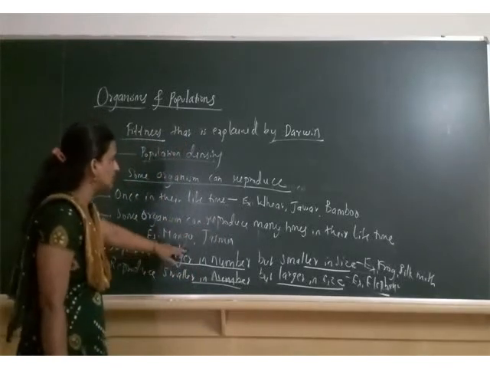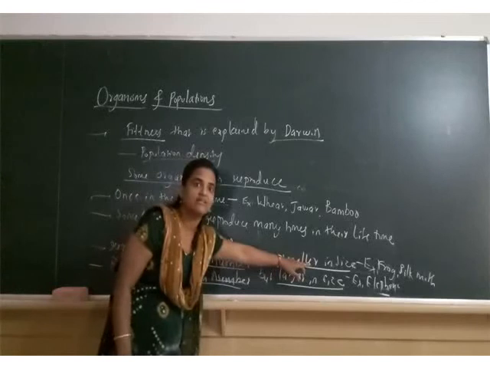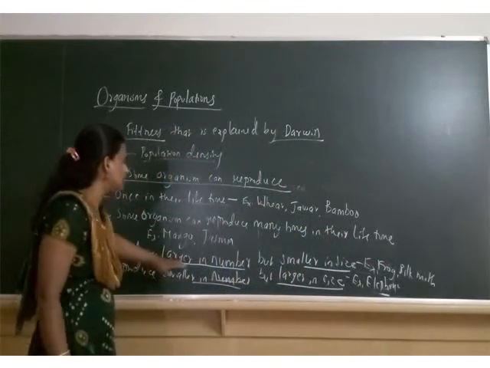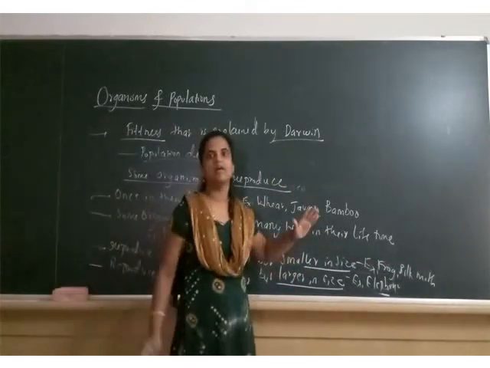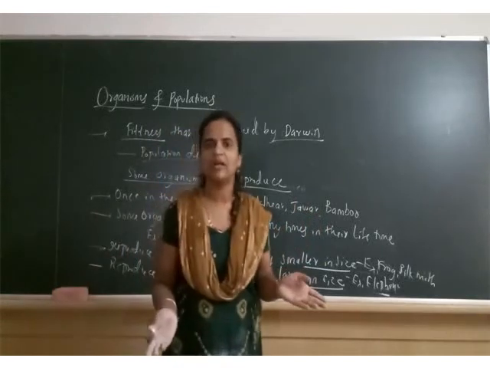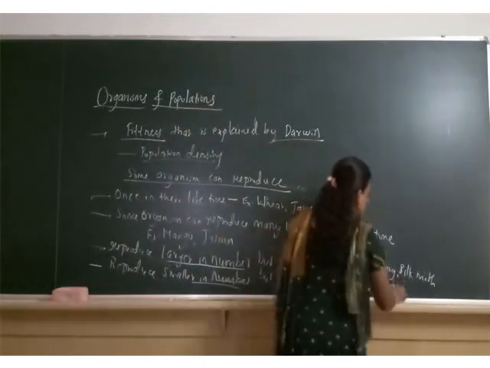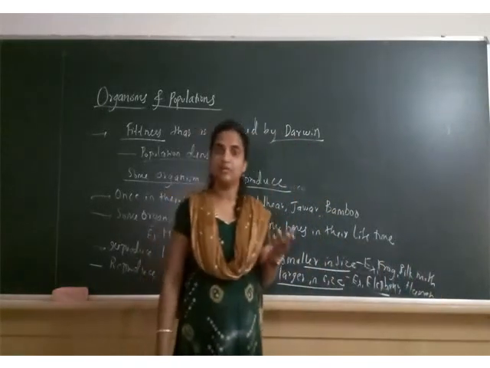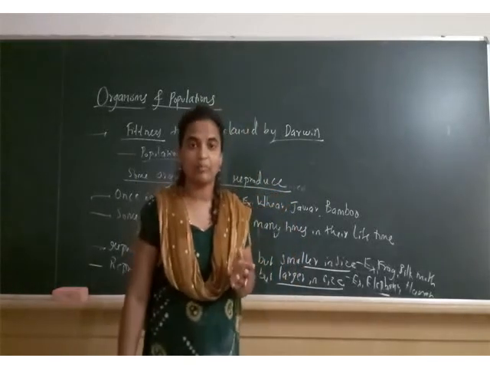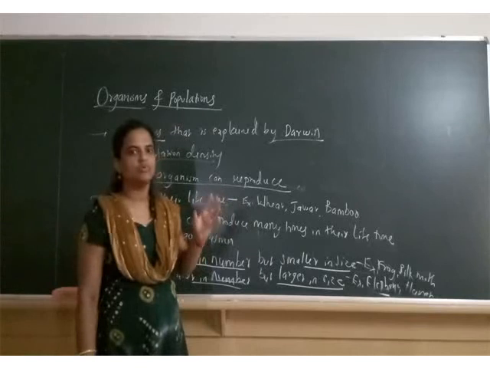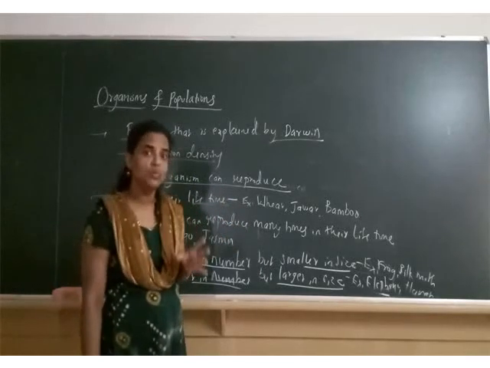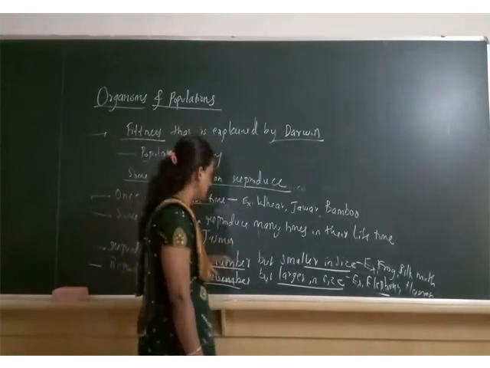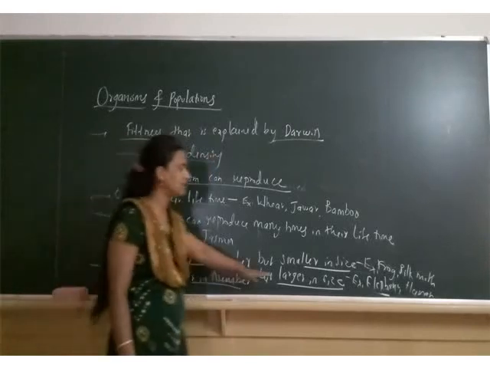Exactly vice versa. Some organisms can reproduce larger in number, but their size is small. Example, frog, silk moth. And some organisms can reproduce smaller in number, but larger in size. The size is big, but their number is small. For example, human beings, or elephant. Human beings at a time, do they have the capacity to reproduce 12 or 15 or 100 organisms? No. At a time human beings can give 1, 2 or 3. Giving more is under different conditions. Is that clear? The number is small, but the size is large.